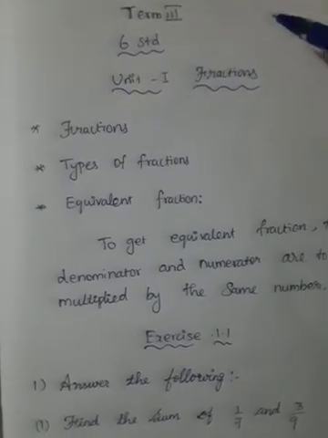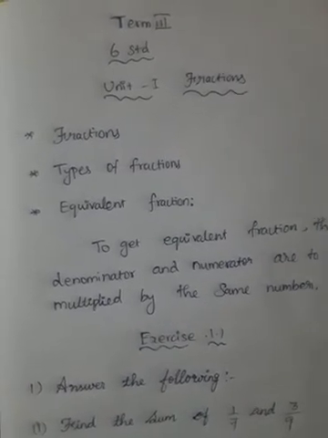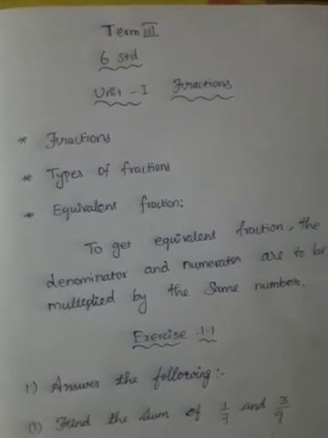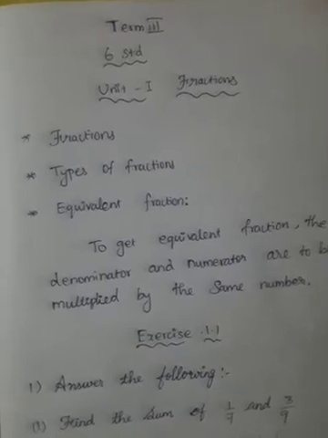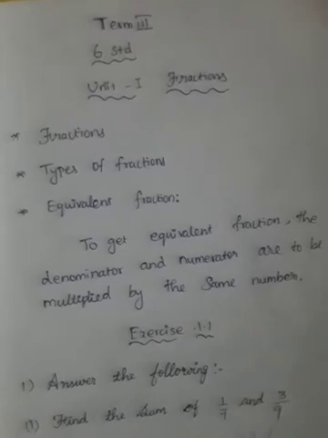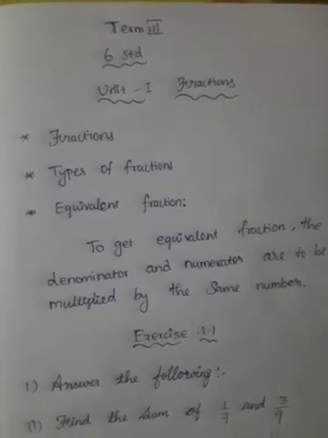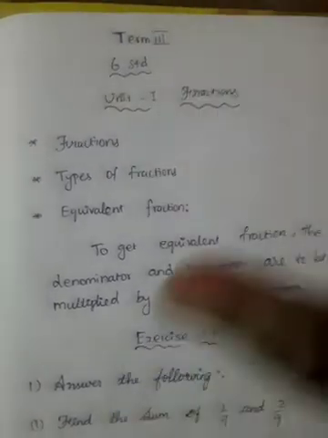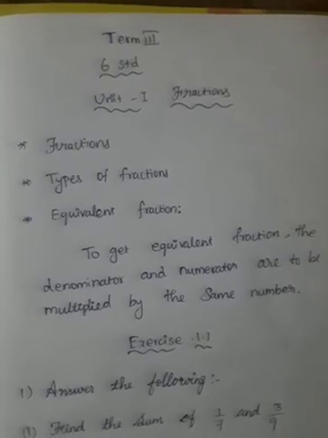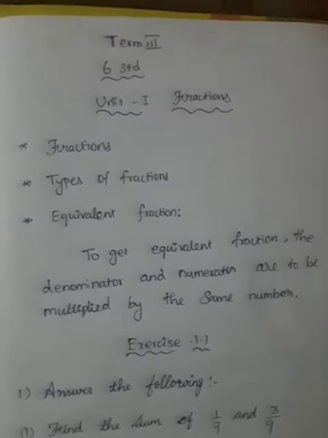First one, fraction. First of all, you want to recall what a fraction is. A fraction is nothing but when you write a number as a numerator and also a denominator. For example, 2 by 3 is a fraction, where 2 is the numerator and 3 is the denominator. If you divide a whole into some parts, that is called a fraction. If you have a whole pizza and cut it into 4 pieces, we can write 1 by 4, 1 piece out of 4 pieces. That is the best example of a fraction.